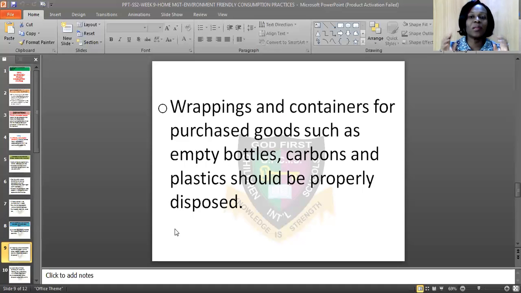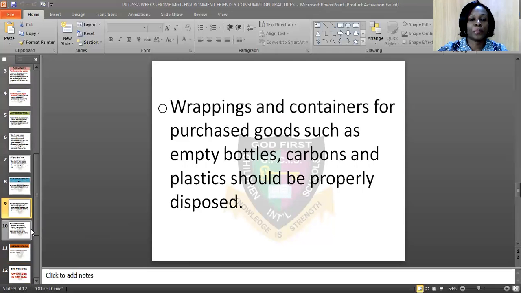So that you know the ones you burn, the ones you bury on the ground, the ones they will use for recycling. Is that taken? So when you sort them properly, it will be able to be used for recycling and you use it for another product. Is that okay? Okay, let's be going.